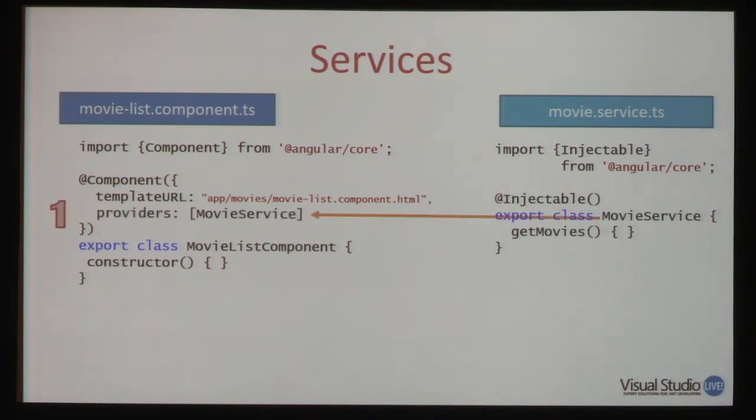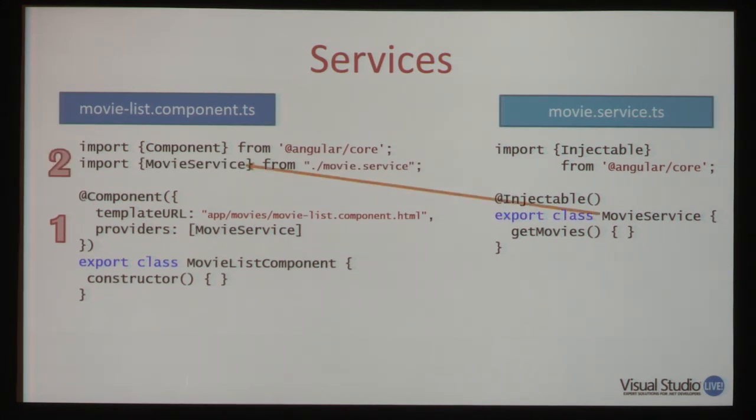All right, so how do we use this service from our component? Well, the first thing that we need to do is specify it as a provider, and that is what's registering it with the injector. So as soon as I do that, I'm saying, hey, injector, here is a service that's available to be injected. It comes back and says, I have no idea what MovieService is. What am I missing? Imports, yes, or import, singular. I'm missing that import, and telling it where it is.